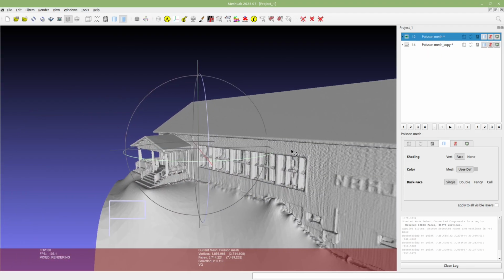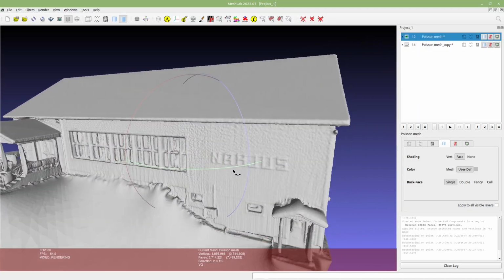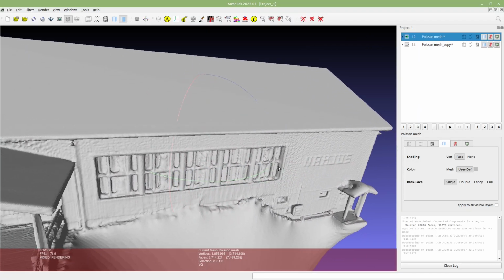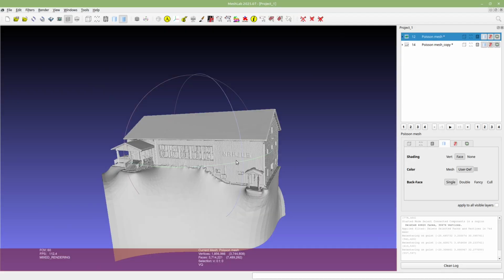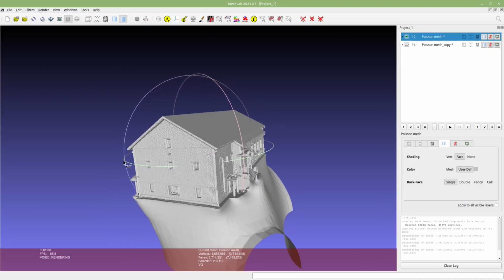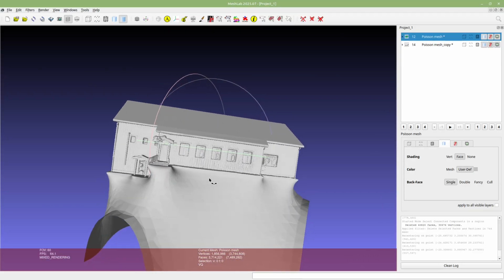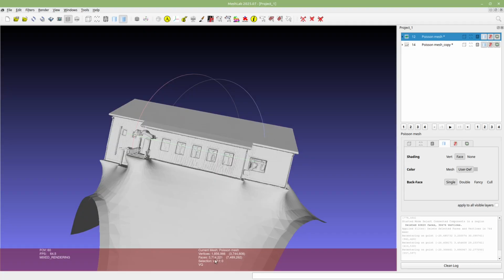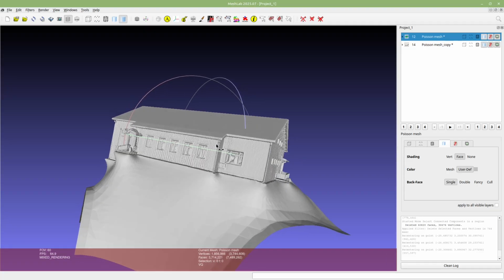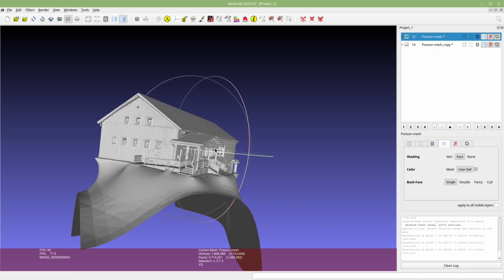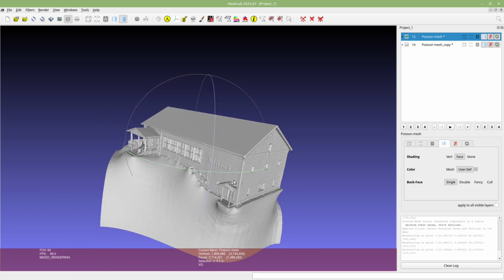And this model or object was actually very close to the one seen on the simulator. But this has almost 4 million faces, which is kind of an excessive amount for this.